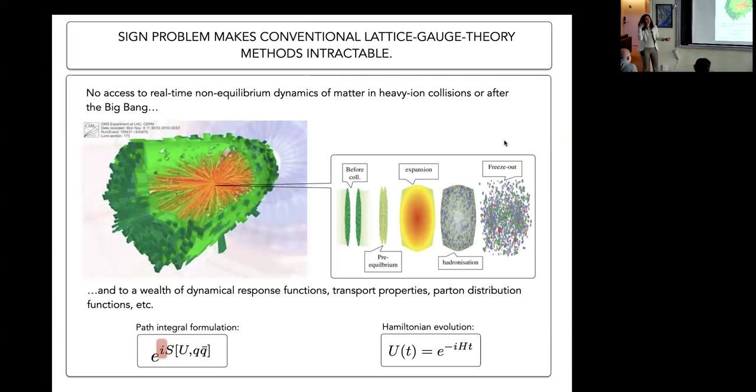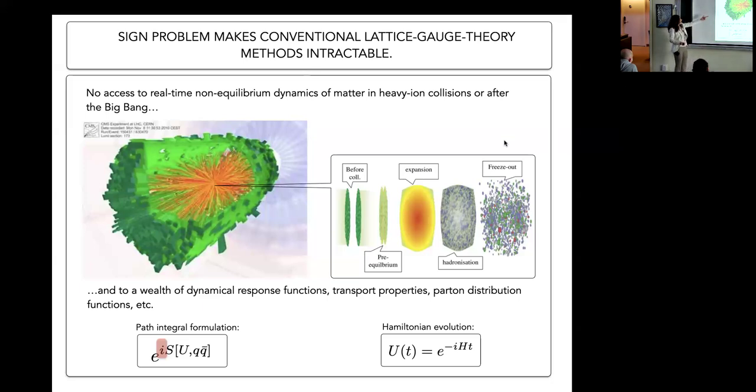The second problem, as I said, is real-time dynamics. We do path integral Monte Carlo, so we have a weight, which is e to the i times the action of the theory. And we go to Euclidean time so that we don't have to deal with this oscillatory sign. But if we want real-time dynamics, we can't do that. We have to really deal with this oscillatory sign, and then we have to sample using a highly oscillatory function. Therefore, we have to have an exponential sample size to be able to resolve any signal from these computations. So that's the problem.